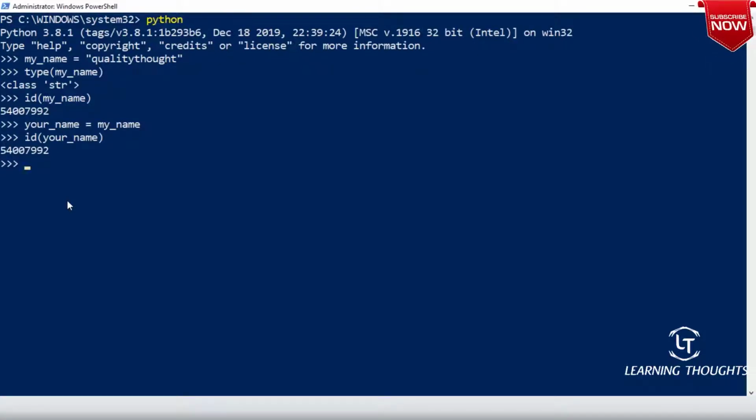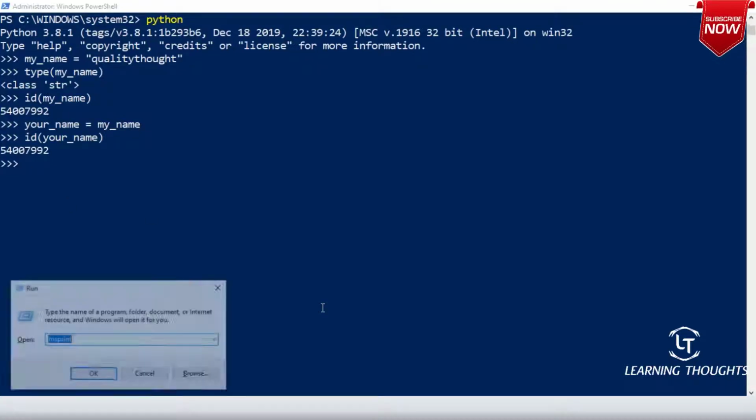Whenever you assign values to new variables, are new memory locations created in Python, or is it using the same memory location? That is what I want you to understand. It is using the same memory location, right?